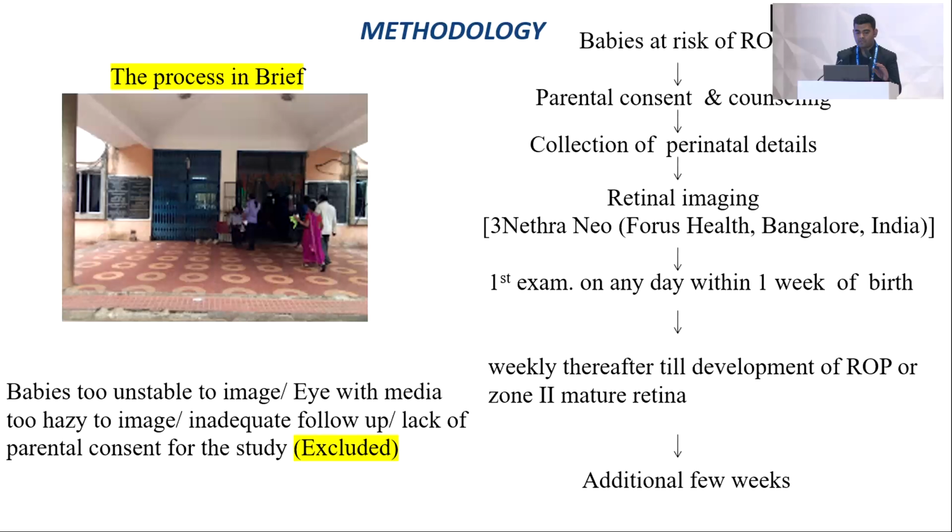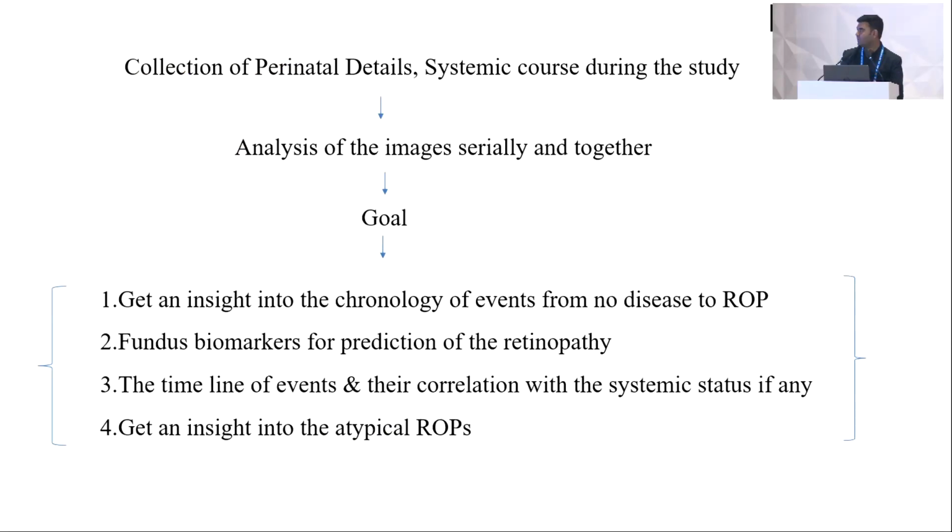However, a few babies were excluded, such as babies too unstable to image, eyes with media too hazy to image, inadequate follow-up, and lack of parental consent for the study. All these images were analyzed serially with the goal of getting an insight into the chronology of events from no disease to ROP, finding any fundus biomarker for predicting retinopathy, knowing the timeline of events and their correlation with the systemic status, and